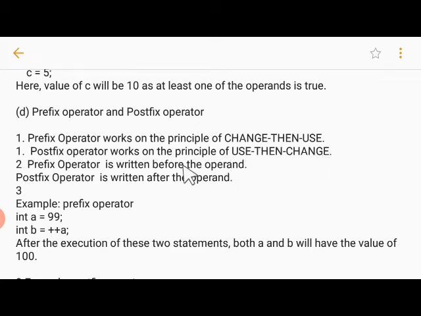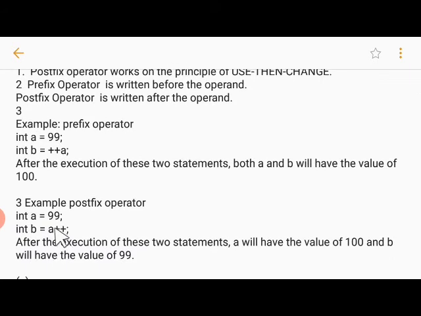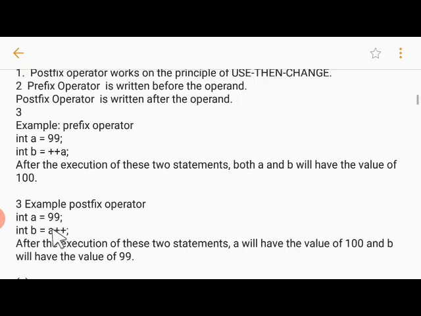So we can understand this with the example, but before that I want to tell you prefix operator is written before the operand and postfix operator is written after the operand. So if, students, there is written ++a, this is prefix, it is written before operand, and it is a unary operator because it operates upon a single operand. If we write a++, the way it is written here, it will become postfix because it is after the operand. But in both the cases value will be increased. This is the increment operator. But one is the prefix and the other is postfix.